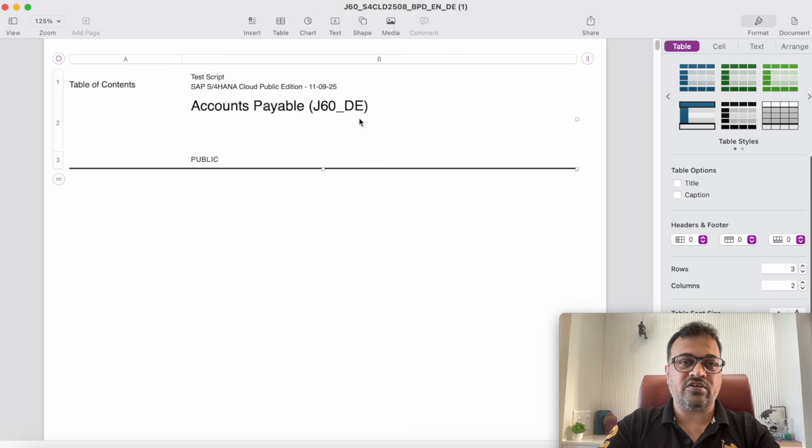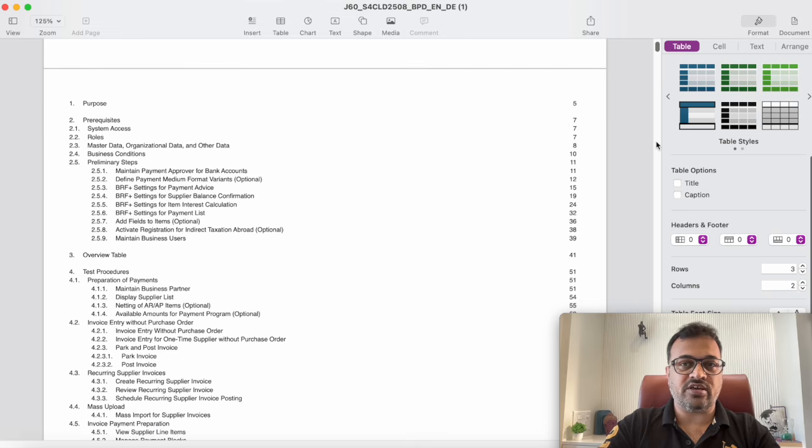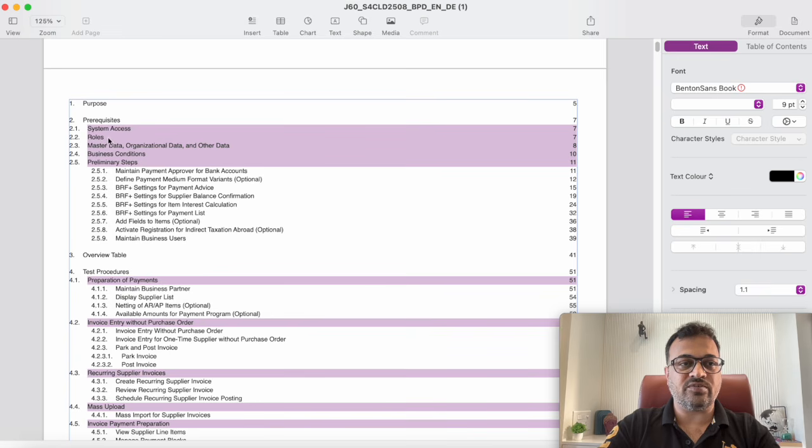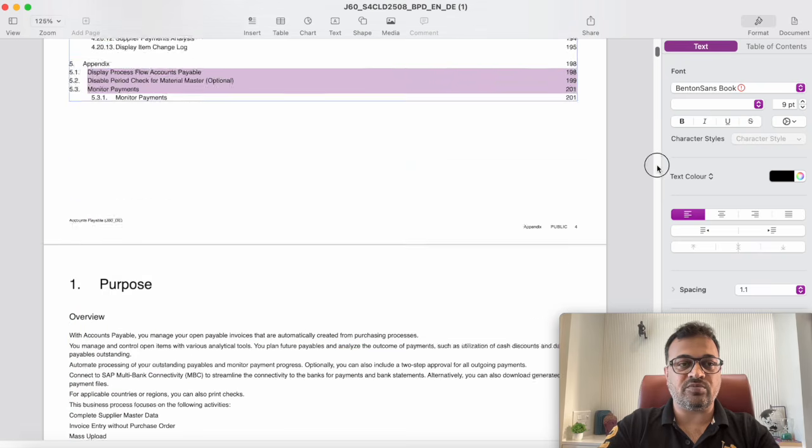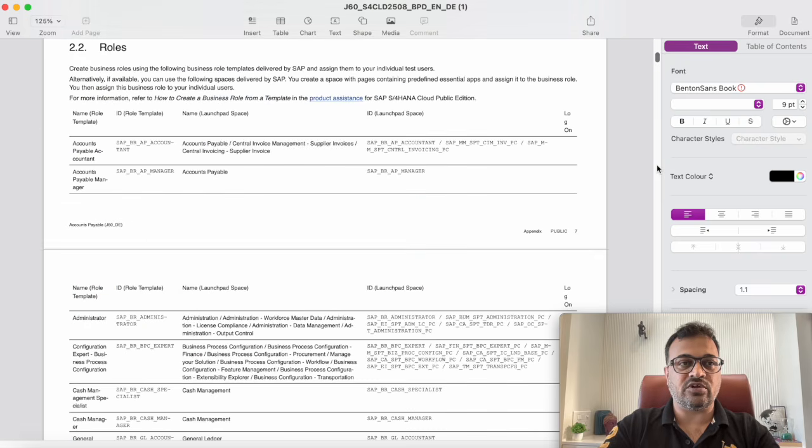For each of the countries, or most of the countries, SAP has provided best practices, because every country has its own localizations. And if you look at this test script, you will be able to see some very important information. First of all, the roles. It is very clearly explained what roles are required in order to execute the accounts payable process. If you go to the roles section, you can see these are the different roles which are pre-delivered from SAP, and we need to assign these roles to the different users